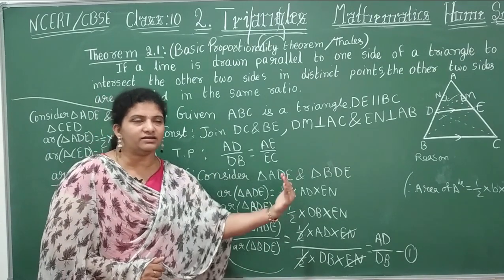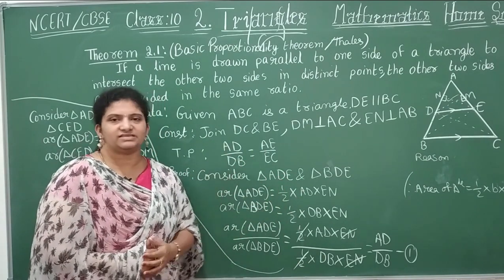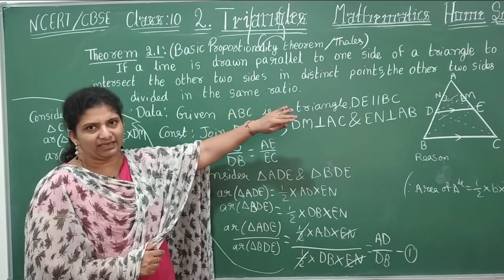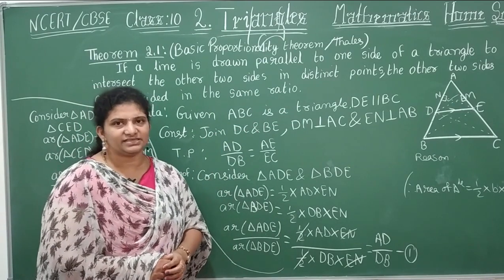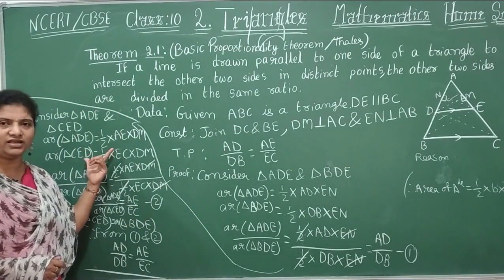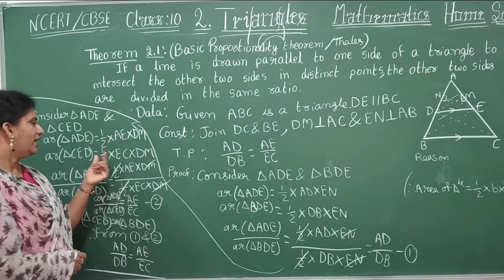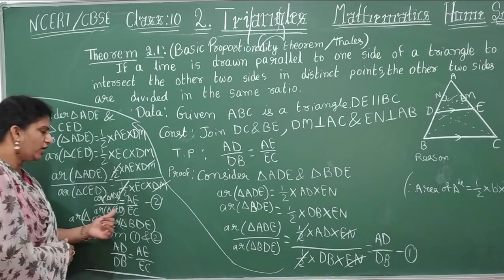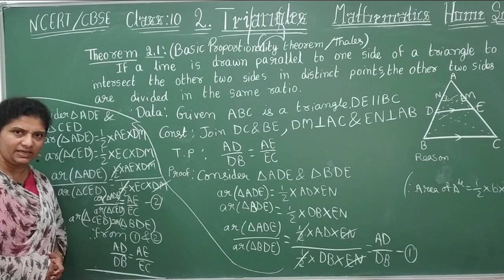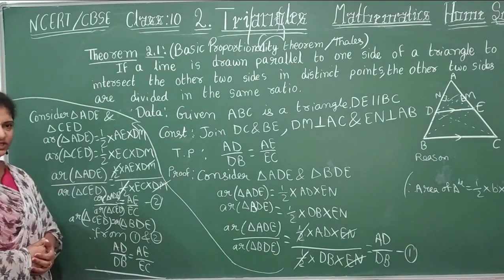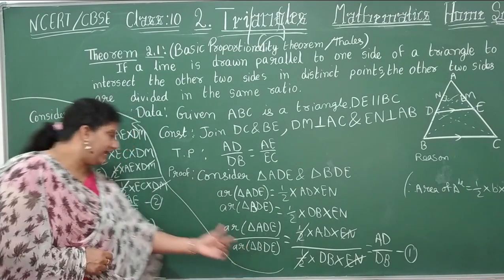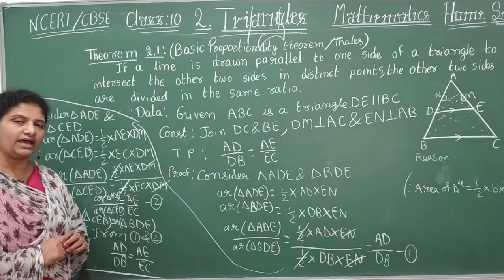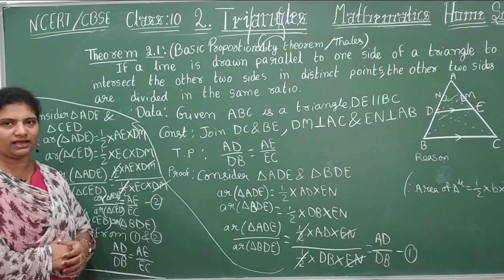Now consider the other side. What is the other side? AC. Split that into triangles. That is the small triangle, triangle ADE and triangle DEC. Apply the area of a triangle formula, children. You are going to get half into AE into DM, half into EC into DM. Divide, half and DM will be cancelled. What are you going to be left with? AE by EC. On comparing both the equations, you are differing with the triangle BDE and triangle CED. Again observe the figure. Those two triangles are lying on the same base and between two parallel lines.